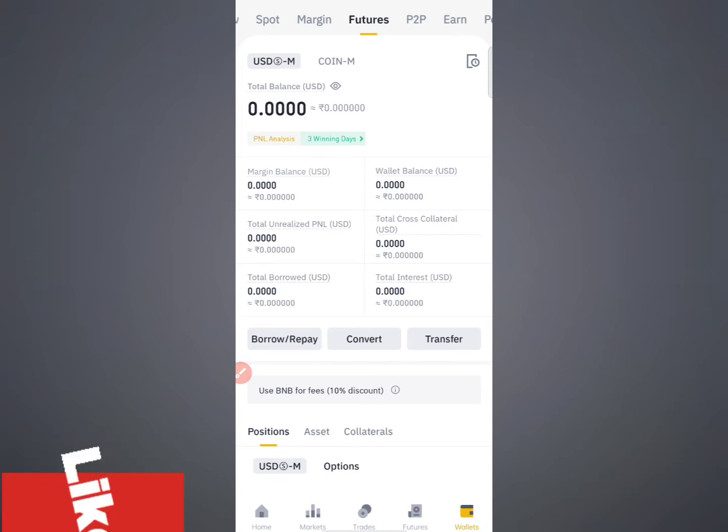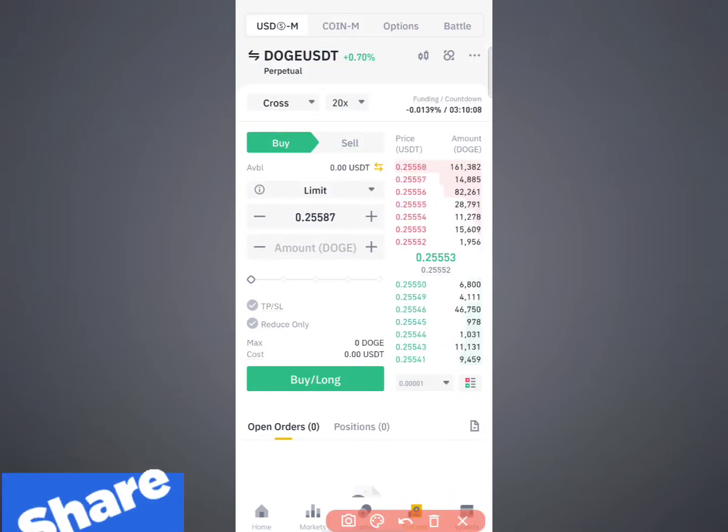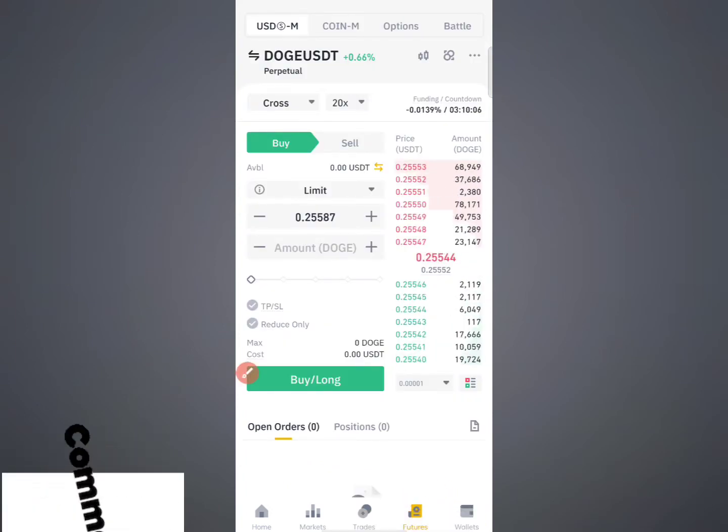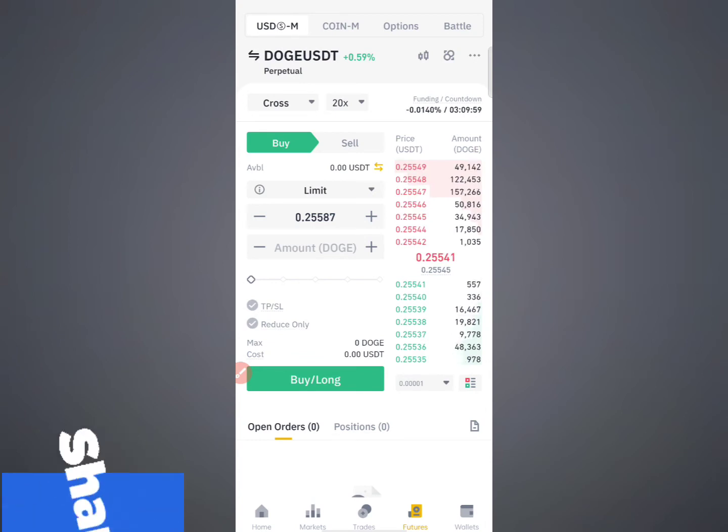The first step is you just click on this futures option down here. As you can see here, the futures option, you just click on it. Once after that, the second step is you need to select one coin which is very stable. That means it should trade within selected limits. Like if you are selecting a lower limit of 15 rupees and an upper limit of 20 rupees, then this coin must trade between these two prices for at least 2 to 3 days. Then only you can choose that particular coin.